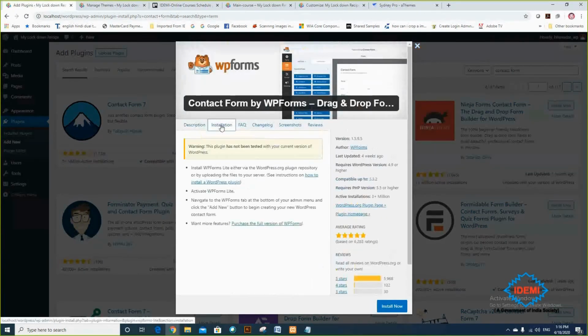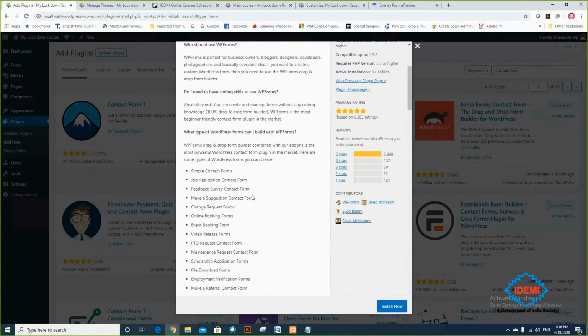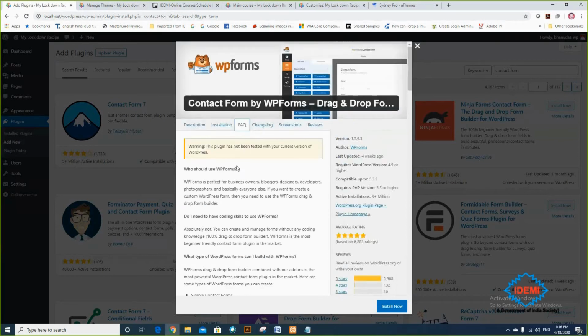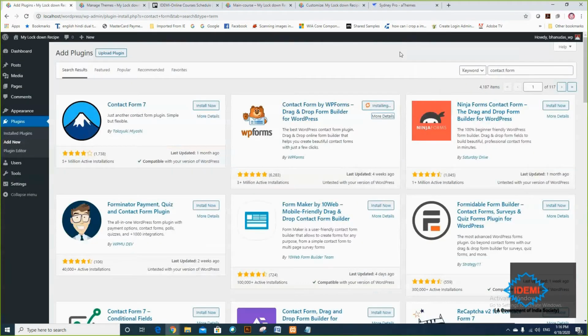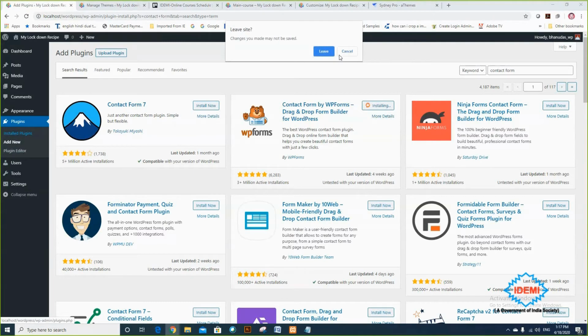So there is an installation, there is a FAQ, the people are asking for. So what kind of form you can create with the help of these WP Forms. Okay, so that's what they are giving you. So once you install this plugin, okay, so plugin installation is taking place.